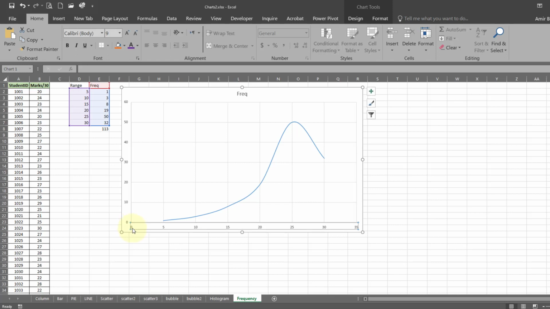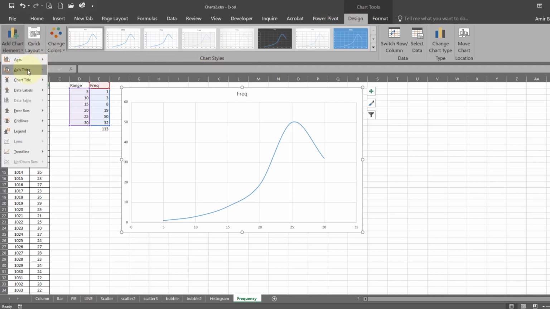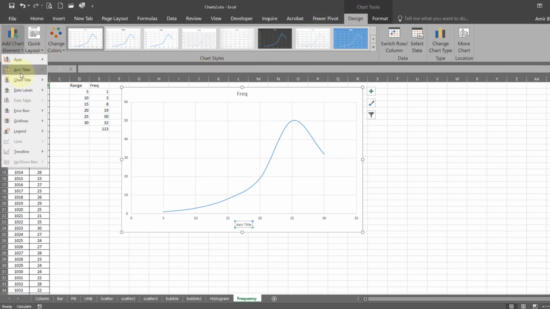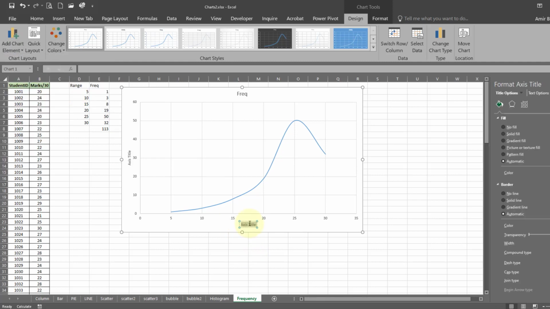The values on the x-axis is the range, while on the y-axis is the frequency. We will just format this chart to add the axis titles. This is the range, while this is the frequency.